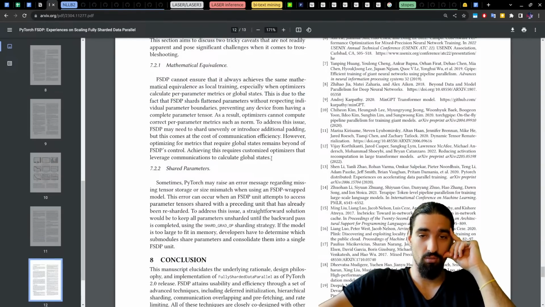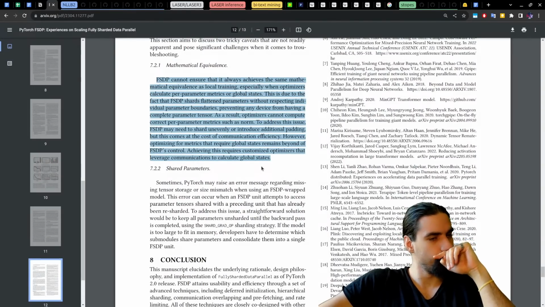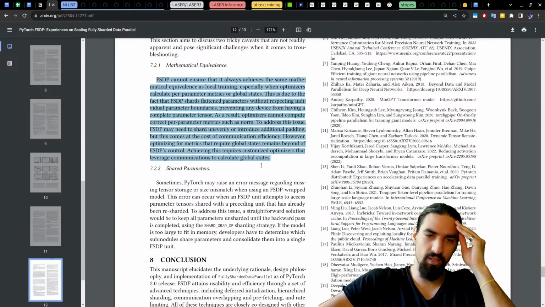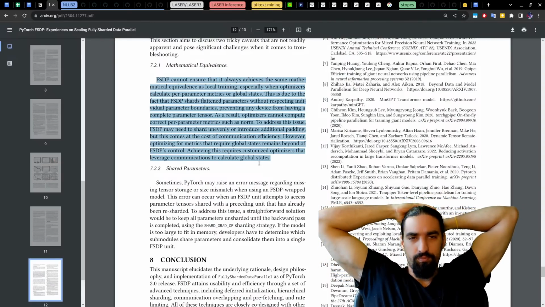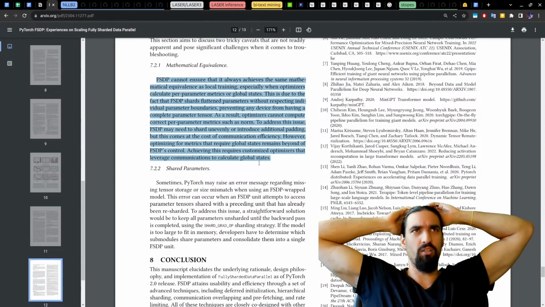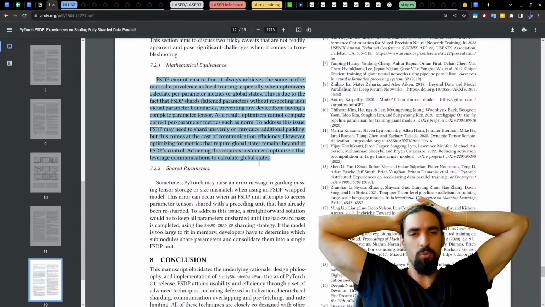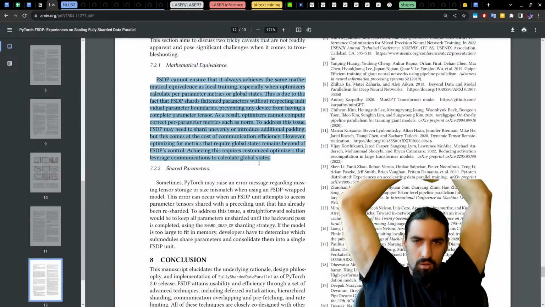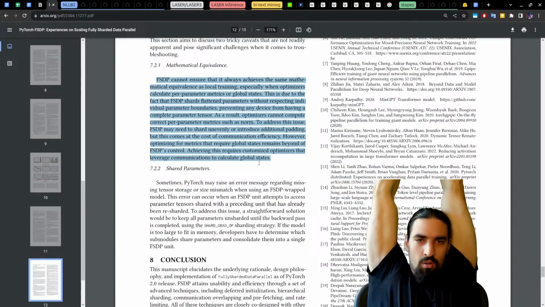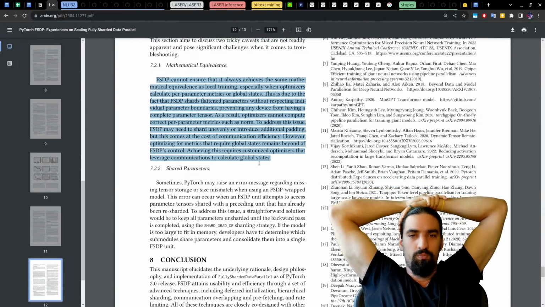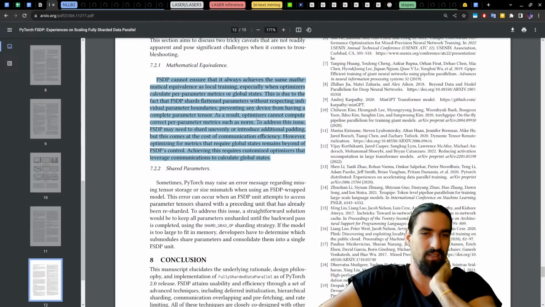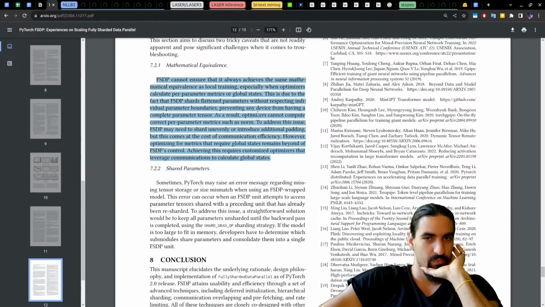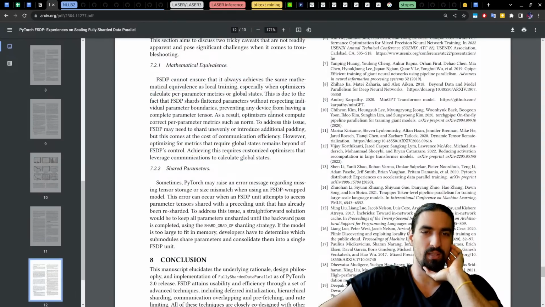Interesting. Not intuitive. And then shard the parameters. I'm not sure what they exactly mean by this. Like they reconstruct. You have to unshard the whole thing. Due to the fact that FSDP shards flatten parameters without respecting individual parameter boundaries, preventing any device from having a complete tensor.